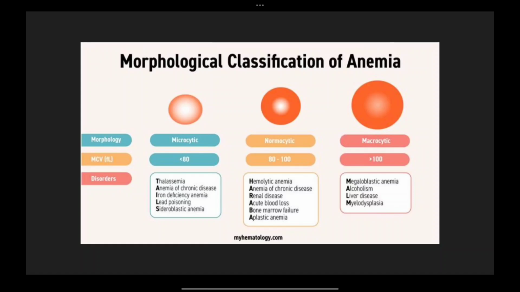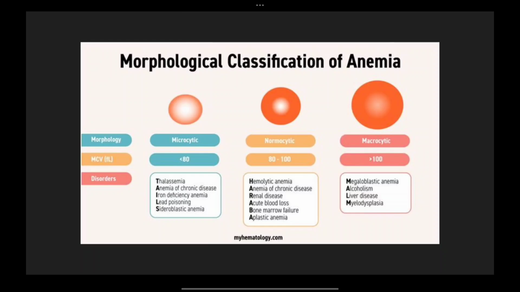Those are the three types based upon the size of the RBC. Now what are the disorders? There is a mnemonic over here. TAILS for microcytic: T stands for thalassemia, anemia of chronic diseases, iron deficiency anemia, lead